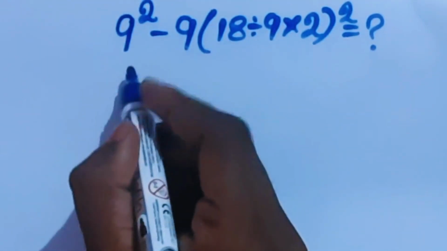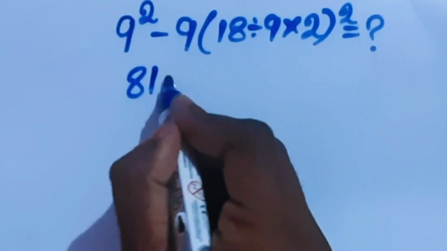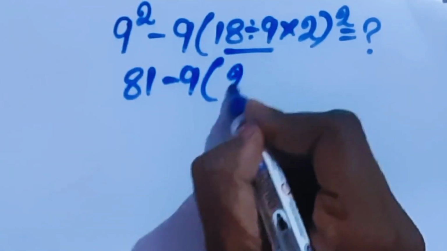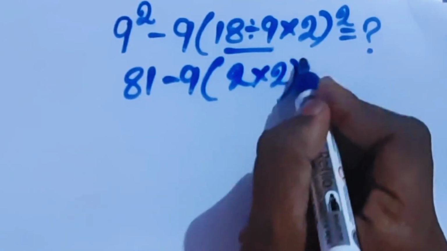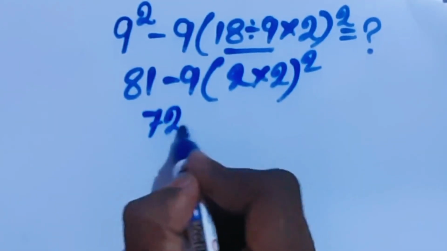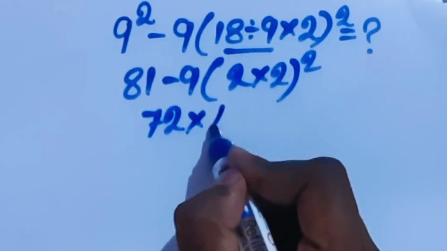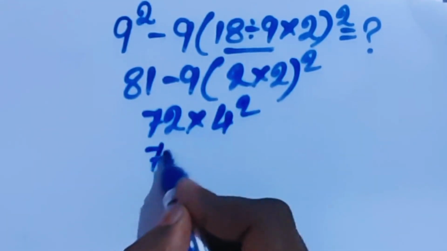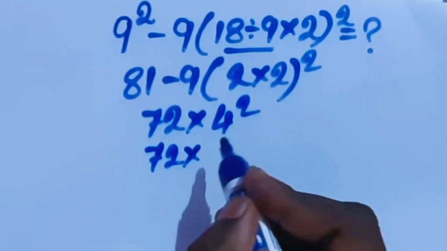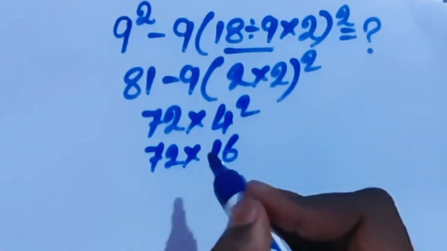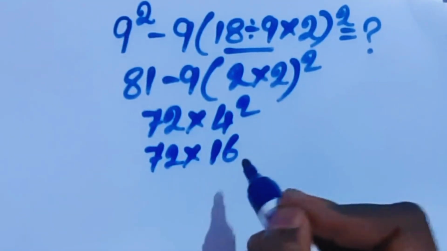Hi guys, here 9 square is 81 minus 9. Here this is 2 times (2) whole power 2. This is 72 times, here it is 2 times 2 is 4 square. Now 72 times, this is 4 square is 16. Now 72 times 16 is